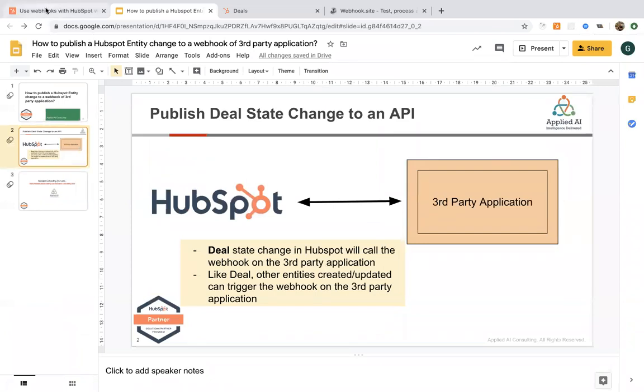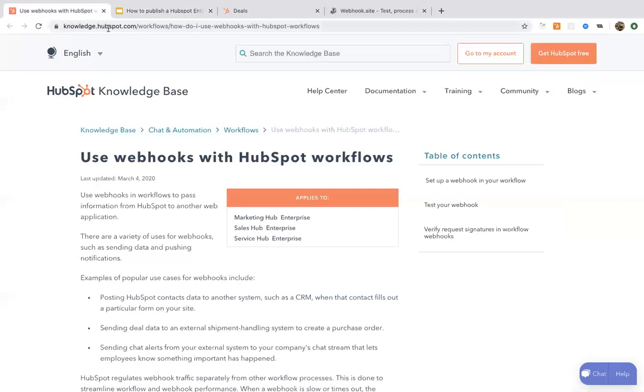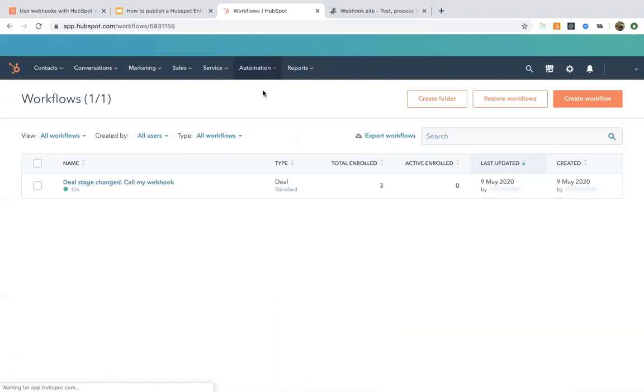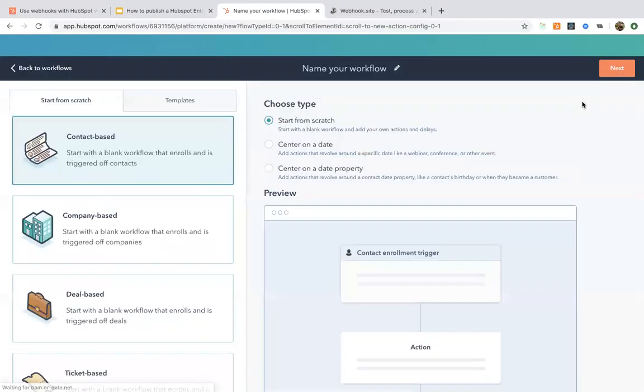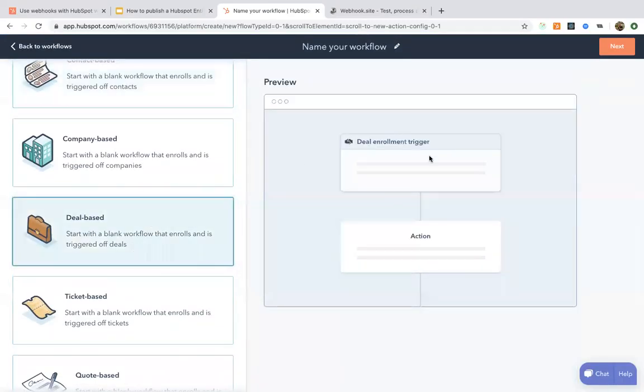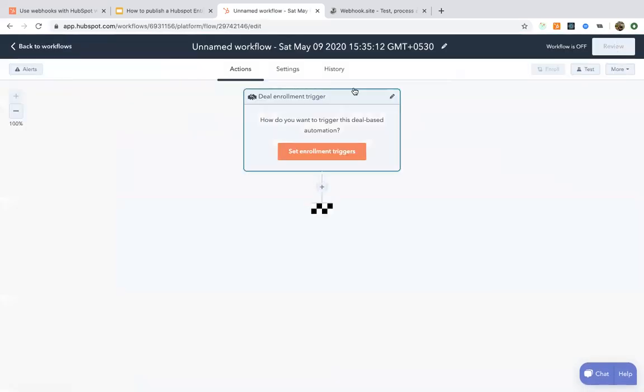All of this is also documented very well on the HubSpot knowledge documentation here. But let's see it quickly. So let's go to automation and create a workflow. It's a deal-based workflow, so I'm picking that.